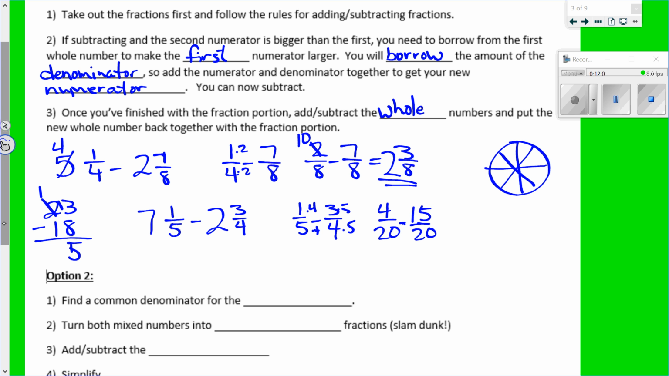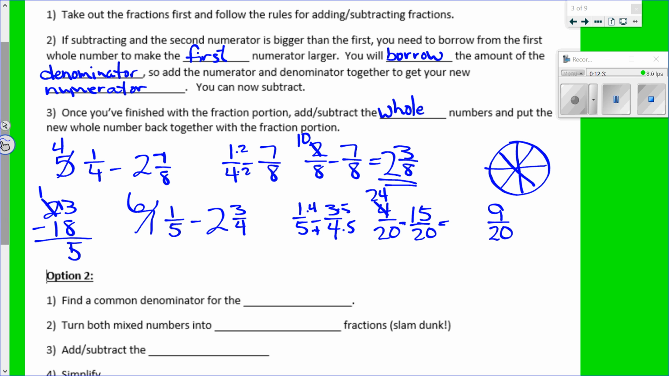No. So I'm going to borrow from the 7. I make it a 6. I borrowed 1 whole. How many pieces am I going to cut this whole into? 20. Why? Because that's what my common denominator was. So what I'm doing is I'm adding the 4 and the 20. That becomes 24, because I borrowed 20/20. So the 20 plus the 4 gives me 24. Now I can subtract. 24 minus 15 gives me